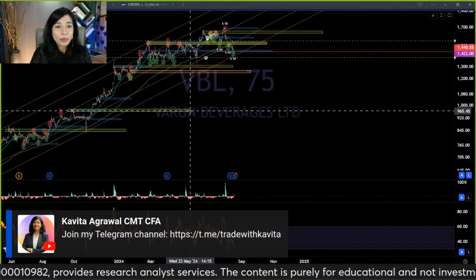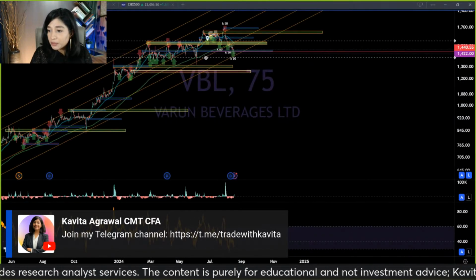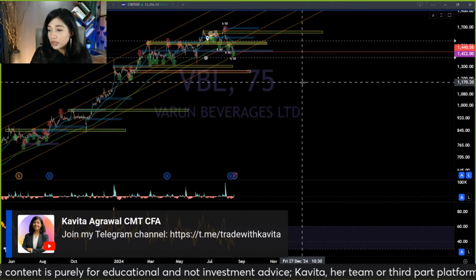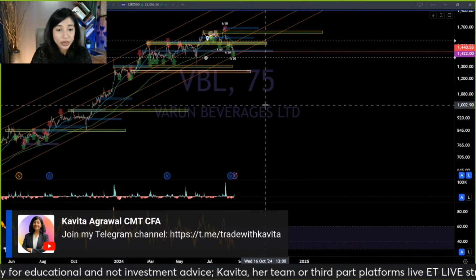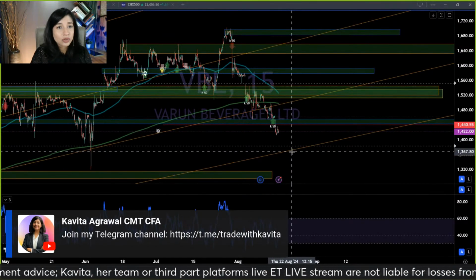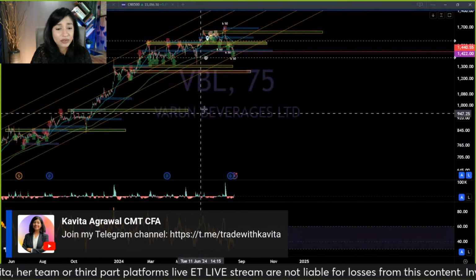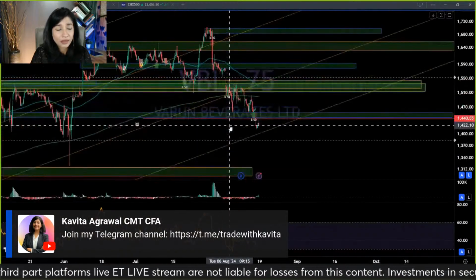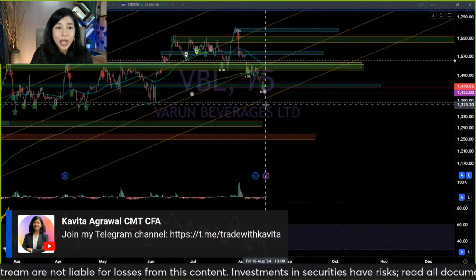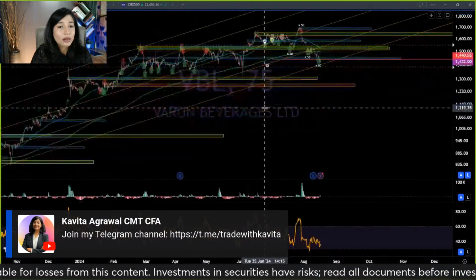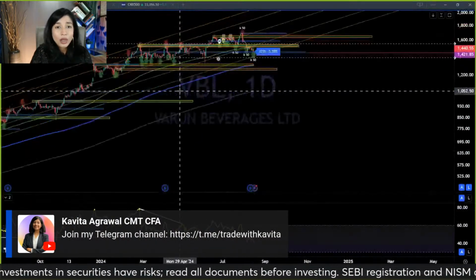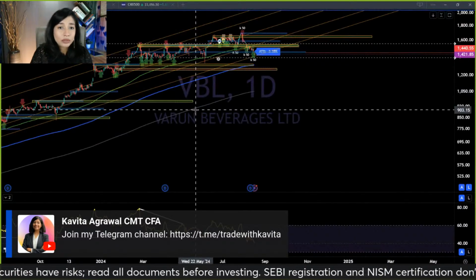Moving on to VBL. VBL has been asked by Mohit. So you can see stock at potential accumulation zone considering the fall from high of 1700. See, I am perpetually bullish on VBL. In fact, this is a stock that I actively swing trade in a lot for myself and my PMS clients. And the underlying trend itself in this stock is just so strong,